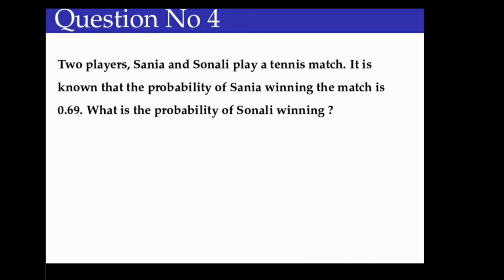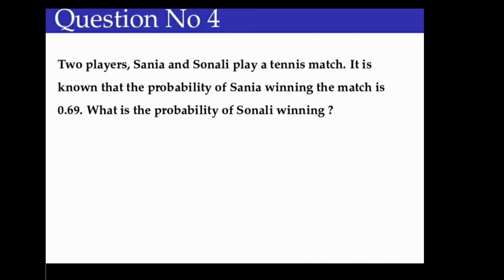Now this is question number 4, which says that two players, Sania and Sonali, play a tennis match. It is known that the probability of Sania winning the match is 0.69. So what is the probability of Sonali winning? Now this question is a little different than the previous questions. Here you notice that the probability of an event is given. So whenever the probability of some event is given in a problem and you are asked to find the probability of some other event, generally we use the complementary event formula in this kind of problem. Here you see that the probability of Sania winning the match is given and you need to find the probability of Sonali winning the match. So here we are going to use the complementary event formula,